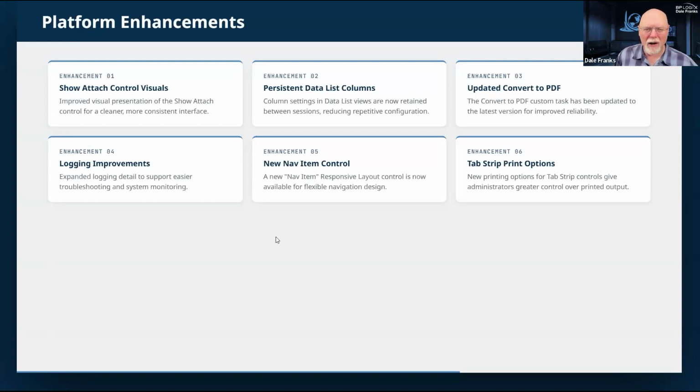The problem is, if I have a business value and I've got 10 forms that use that business value in a data list, once I edit the configuration of that business value, now I've got to go back in and edit 10 other forms, which is super inconvenient. So this would solve that problem.